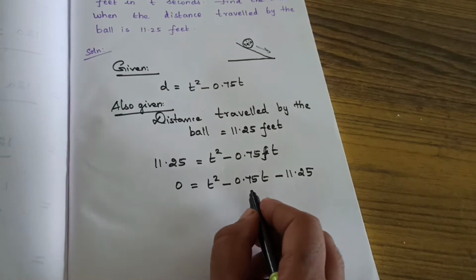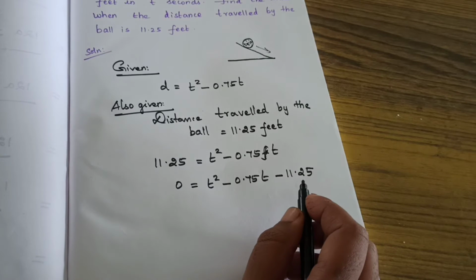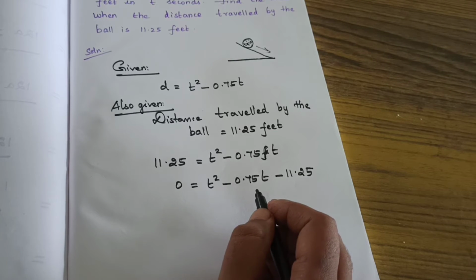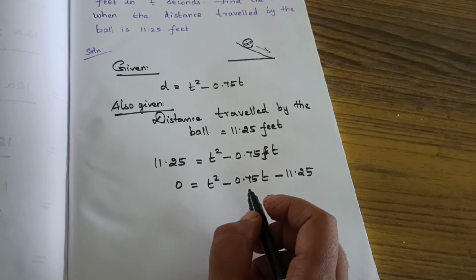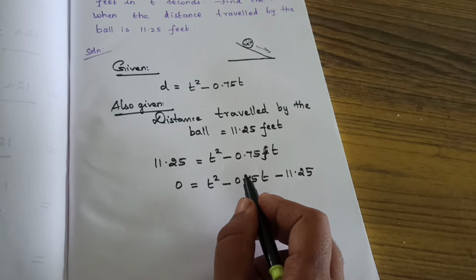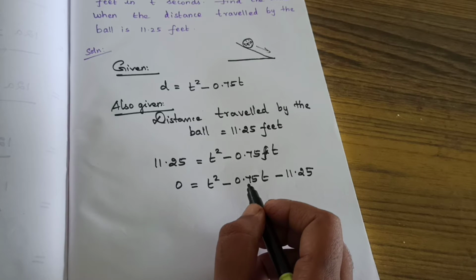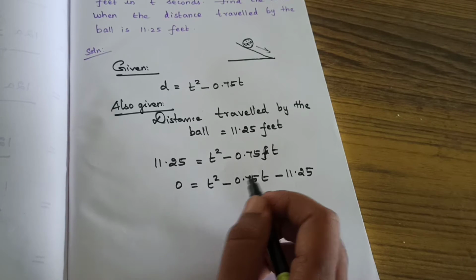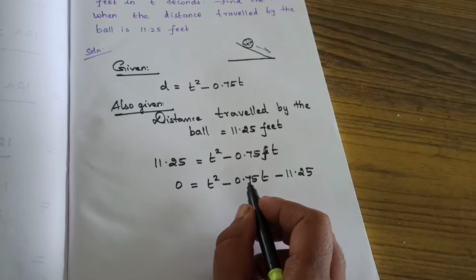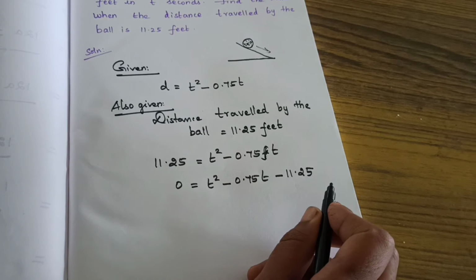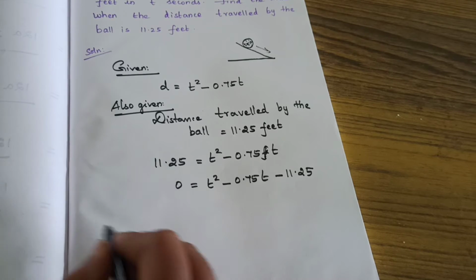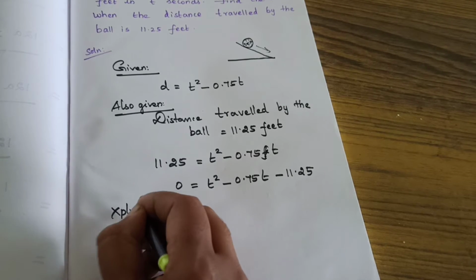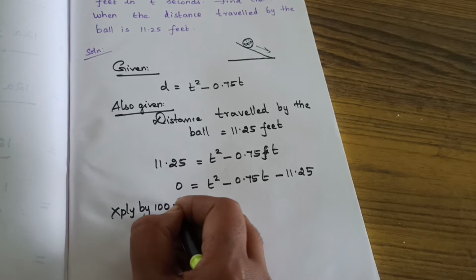Okay, see here, two decimal numbers. With decimal numbers, we can solve, no problem. But shall we change into normal whole numbers? For removing this decimal point, for which number do we need to multiply? 10, 100, 1000. So here after the decimal point there are two numbers. Here also after the decimal point there are two numbers. So we can multiply by 100. So multiply by 100. What is the result?